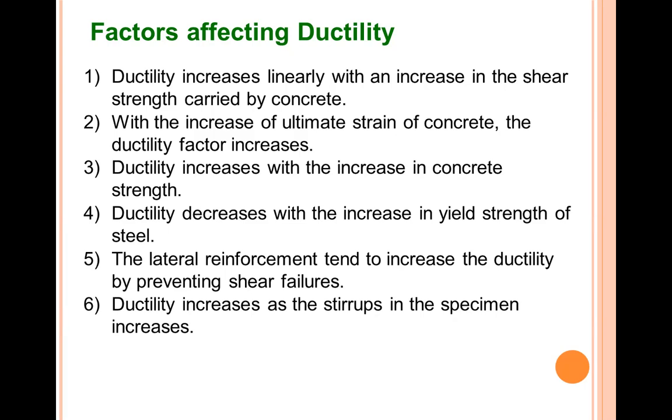Next, this point is very important. The ductility decreases with the increase in the yield strength of steel. So pay attention to this point. You will say, if I'm using higher grade of steel, then my structure is very safe. But that is not the case in earthquake resistant design of structures. So here clearly you can see the ductility decreases with the increase in the yield strength of steel. Why? Because when you're designing with a higher yield strength of steel, that is Fe 500, Fe 550, in that case the ductility will decrease. That will be less flexible, you can say in layman terms.